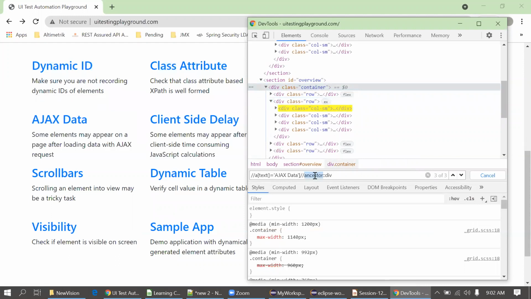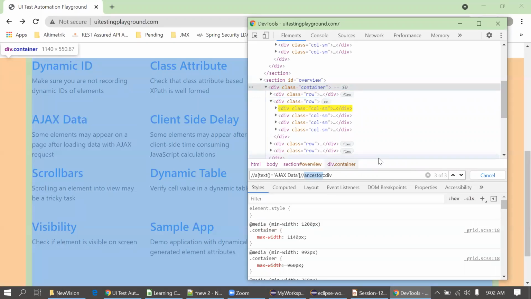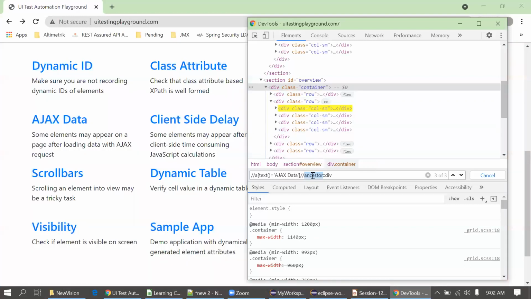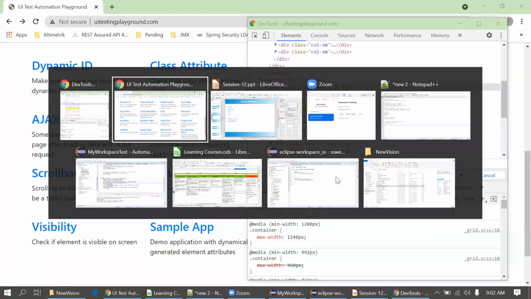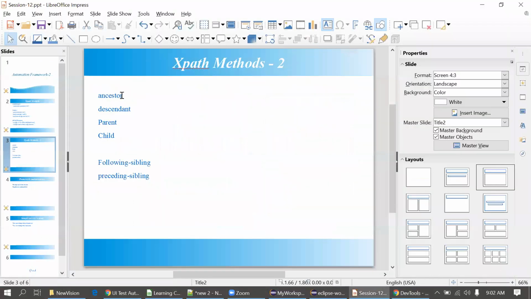Descendant means it will go to the below side. Now we have seen the upper side, the upper diagonal. When we use descendant, it will go down diagonally. You can practice ancestor and descendant, and then parent and child. Parent means we are again going up, and child means we are going down one step, a direct child.